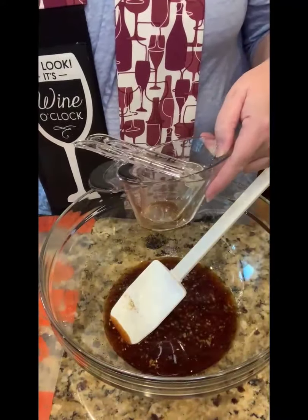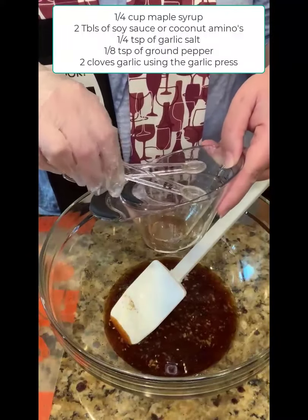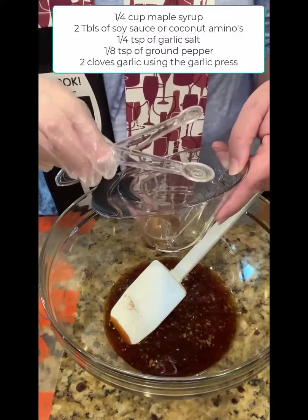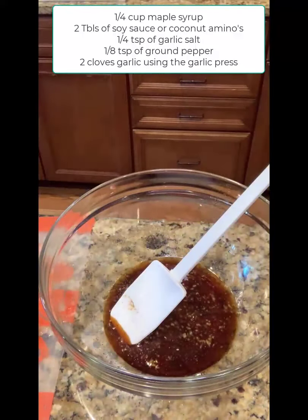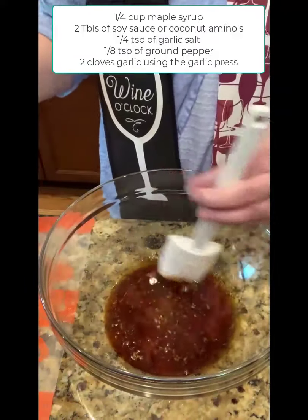So this marinade is a 1/4 cup of maple syrup. It's got 2 tablespoons of soy sauce or coconut aminos. It's got a 1/4 teaspoon of garlic salt and 1/8 teaspoon of pepper. So you're going to have that salty and sweet element in there, and the maple syrup will help make that